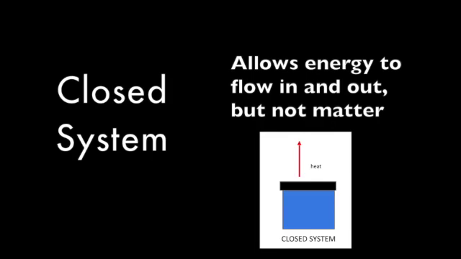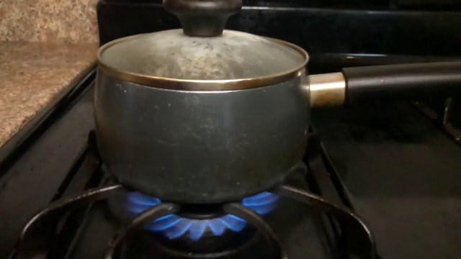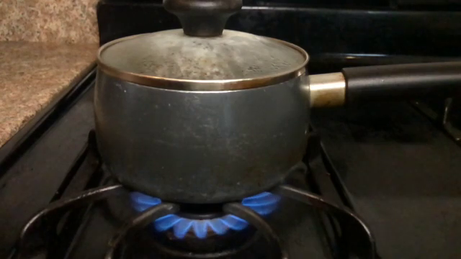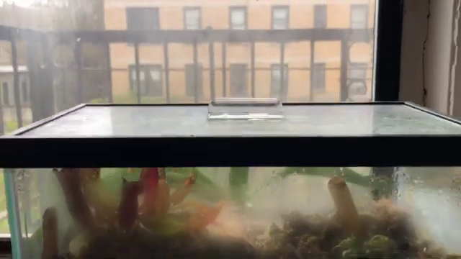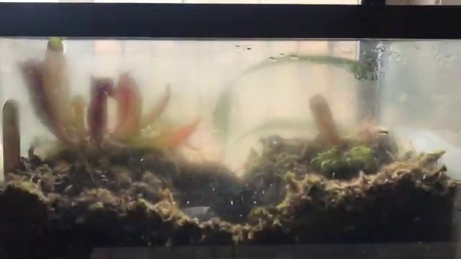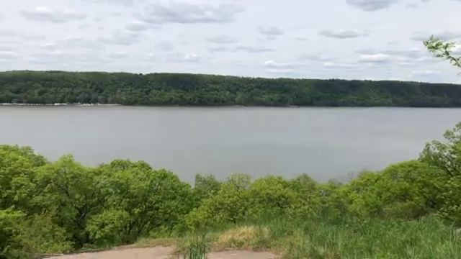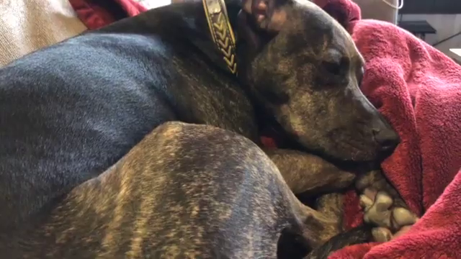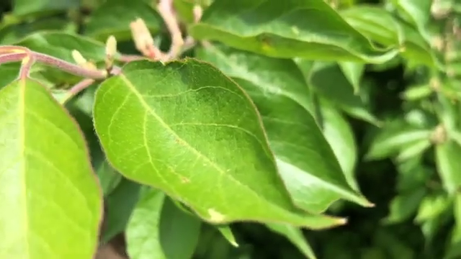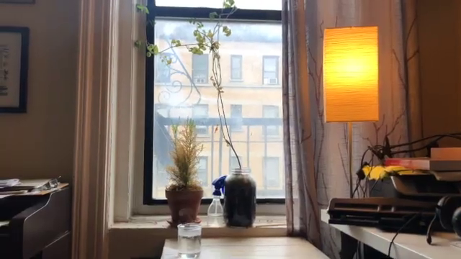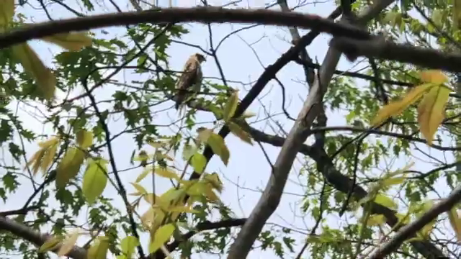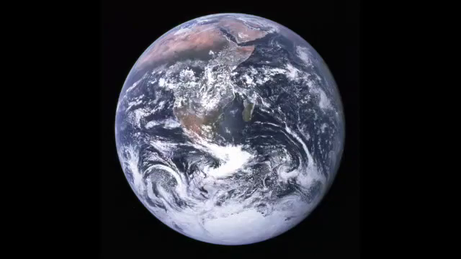True closed systems are rare, like covering a pot to stop steam from escaping, or sealing a terrarium to keep it nice and humid. Systems are all around us, and complex systems are made of simpler systems put together. We get to decide which components to include in a system in order to learn more about how many small parts interact and work together to form a complete whole.